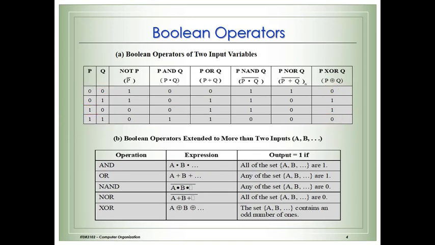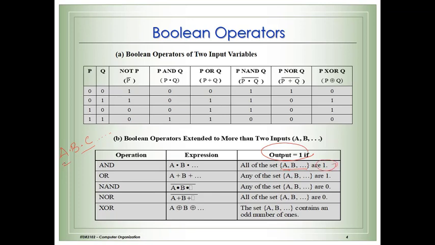So these are the basic operators in Boolean algebra that you should know while discussing the Boolean identities later on. Now if we extend these Boolean operators to more than two inputs, when can we get the output 1? For example, let's say that you are performing an AND operation not only on two variables but more than two variables, correct? A, B, C, D, whatever. It will give you the output 1 if all the set of variables or operands are 1.